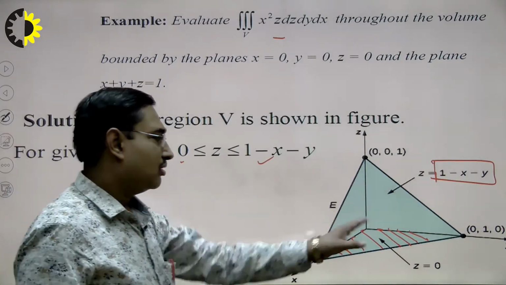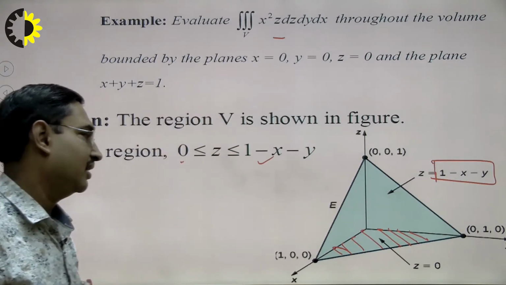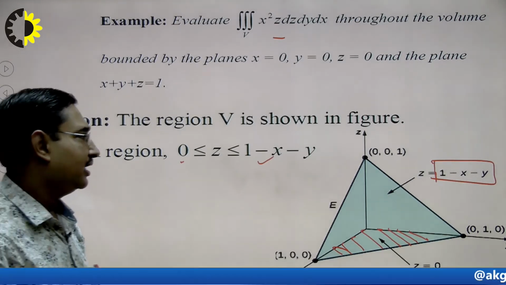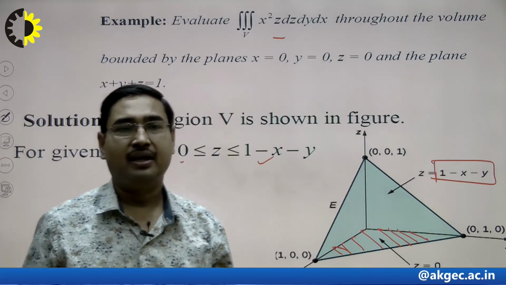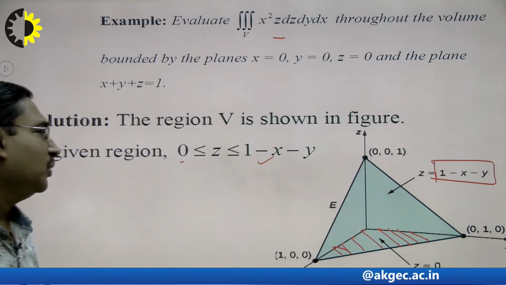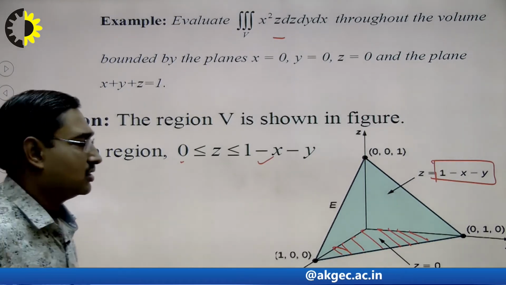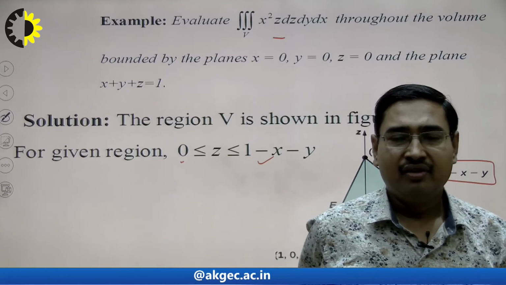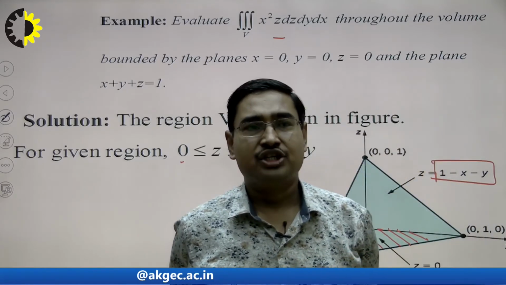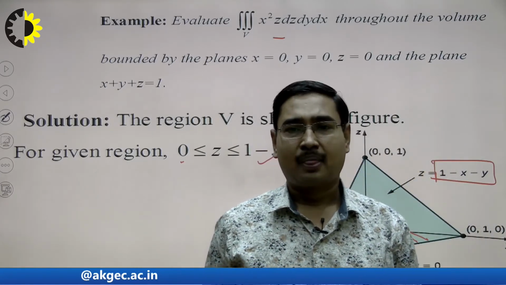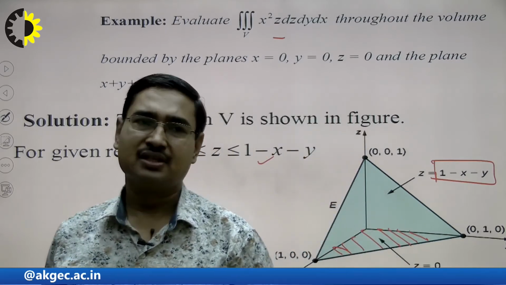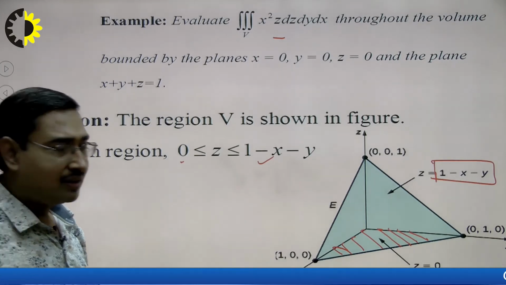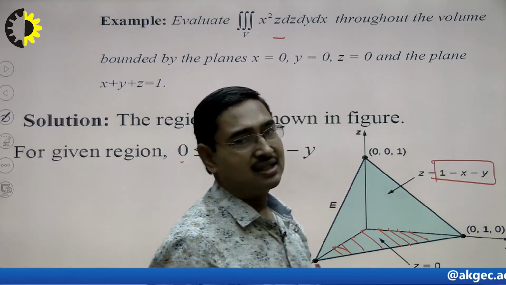Its projection or shadow on the xy plane was considered, and that shadow was used to find limits of the double integral, so that the limits of the triple integral were calculated. We can evaluate the integral by the usual process. Here we must understand that we have considered the projection on the xy plane, but in some situations the projection can be taken on different planes also, and in that case the things will change symmetrically.